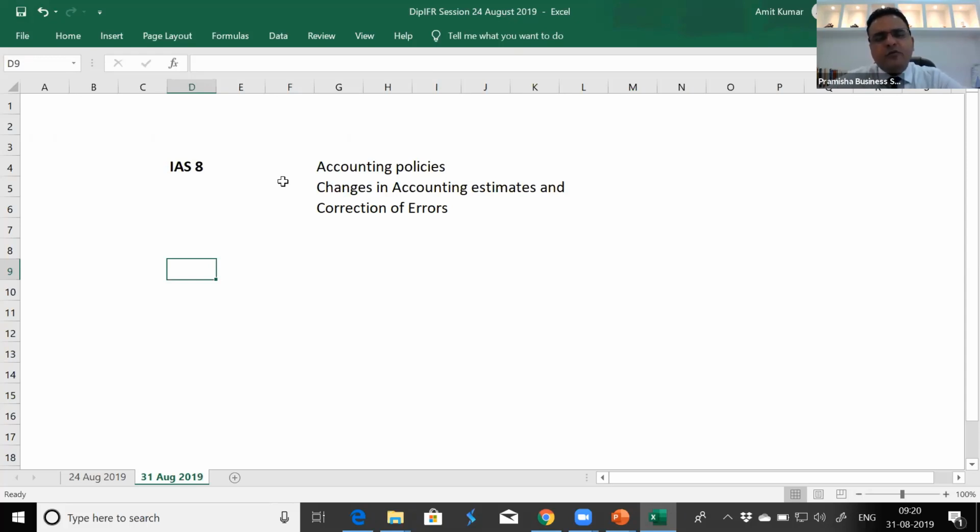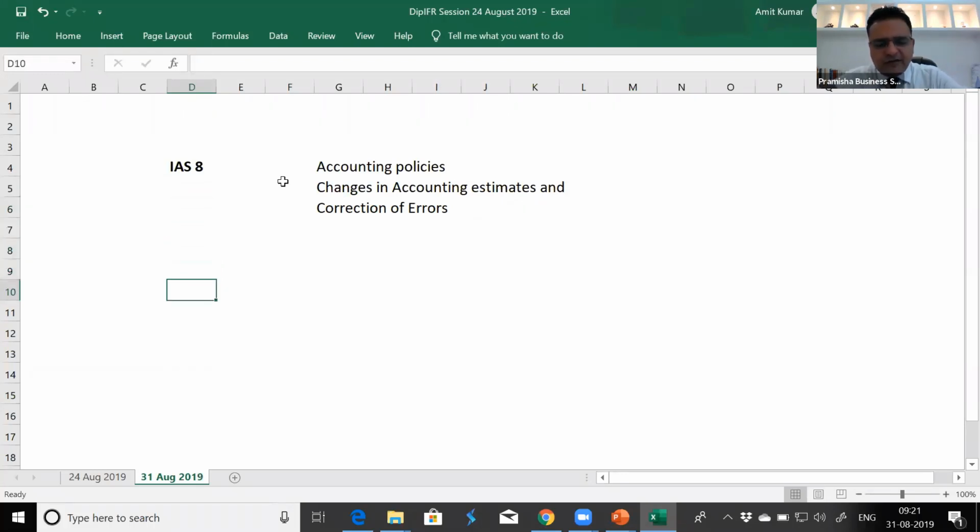If we are able to prove that our manner of presentation is fairer than what the standard suggests, we can override, but we need to substantiate it with a lot of information. We need to give a lot of disclosures on why we believe the deviation from the standard is fairer, and there will be an emphasis of matter paragraph as well, highlighted by the auditor, that these are the standards the client has deviated from.